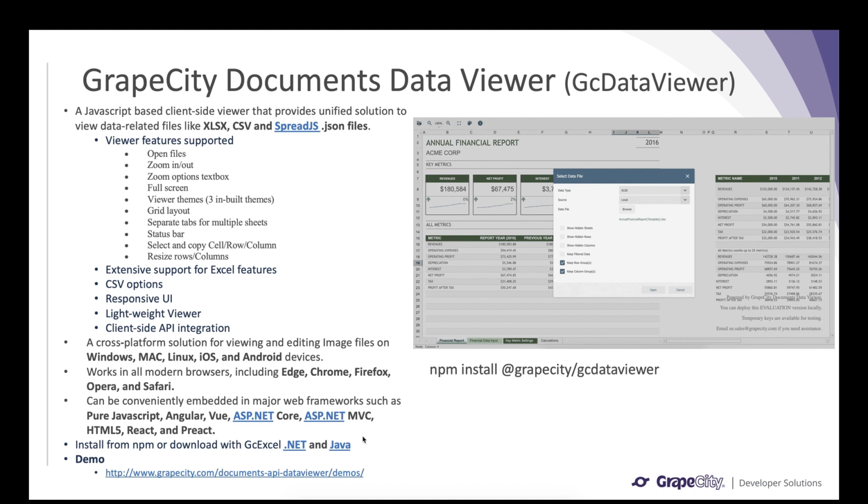You can install this control directly from npm using this command in your application, or you can download it with the GcExcel .NET and Java packages. And this is the link to the demos. You can have a look at various features supported in this viewer. So this is the control. Here you can open any data related file using this open file button. Browse your file, and then you can specify the data type. So all the options related to that data type would appear. And when you load that